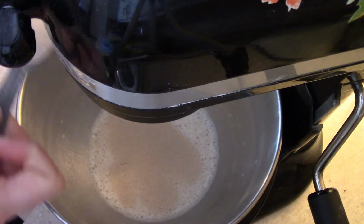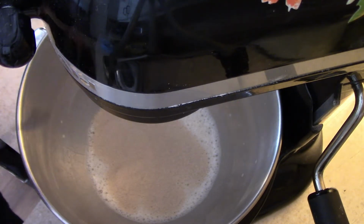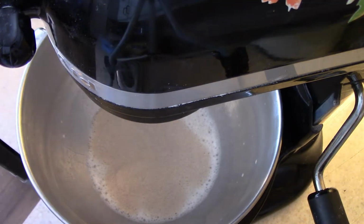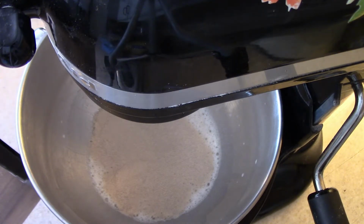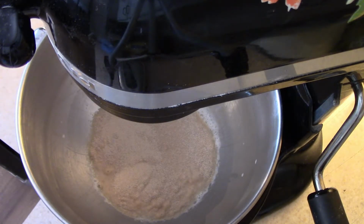I like to always let my yeast activate, so I let it sit for about 5 minutes just until it starts to get nice and foamy and frothy. When that happens, you know that your yeast is good and ready to go. It's not going to fail you. So I always like to do that just so that I don't waste a whole lot of time making bread